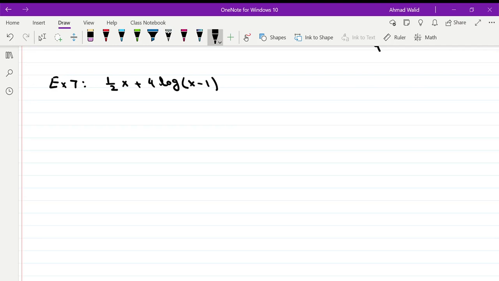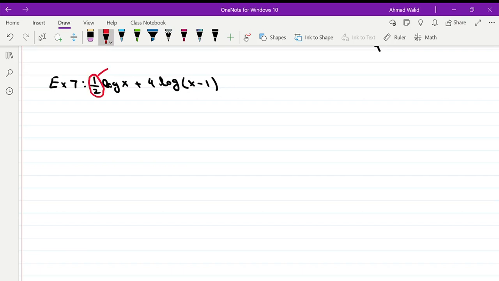Write as a one single logarithm. I forgot here to put 1/2 log x. To write as a one single logarithm, if you see a number in front of the log,